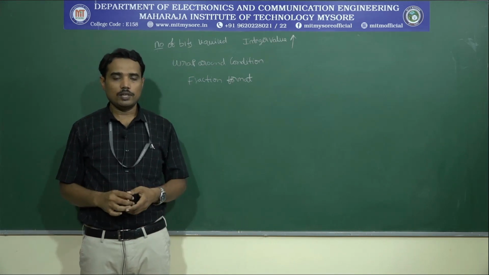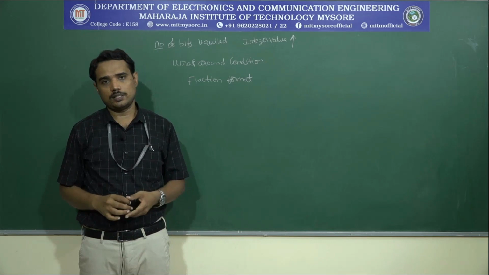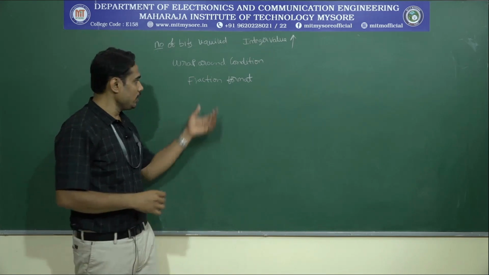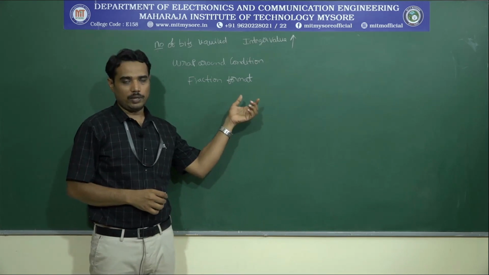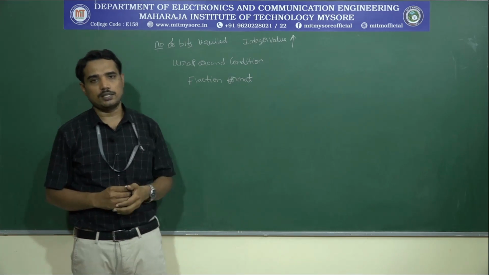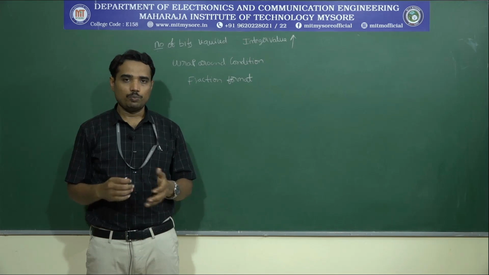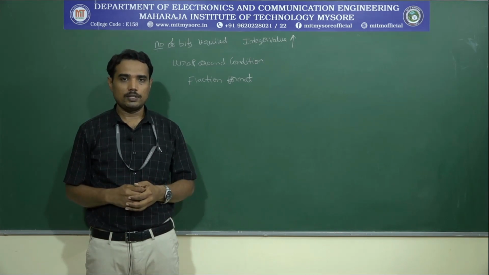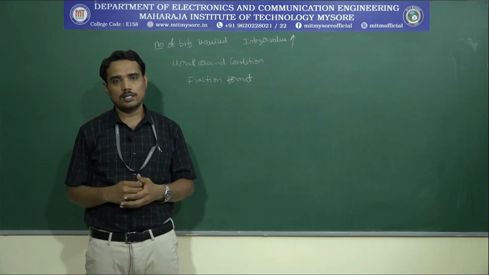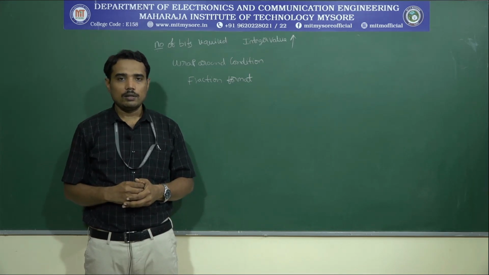One may ask a question, why are we switching from integer to fractional? The primary answer is, if you take any two fractional numbers and multiply, the result is still a fractional number. With this, we can represent the output fractional number with the same number of bits which was used originally for the input.